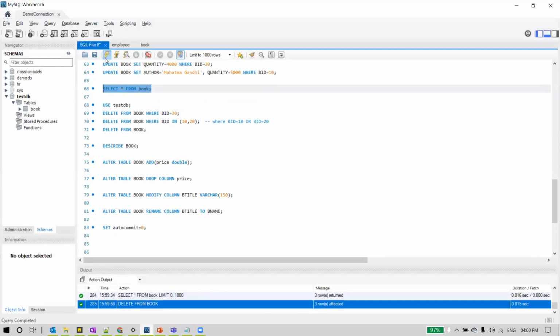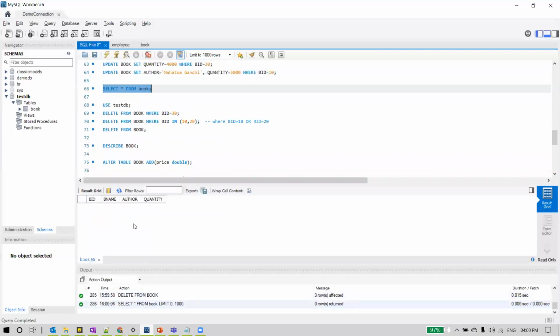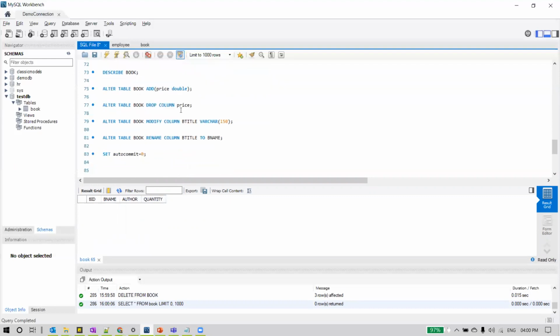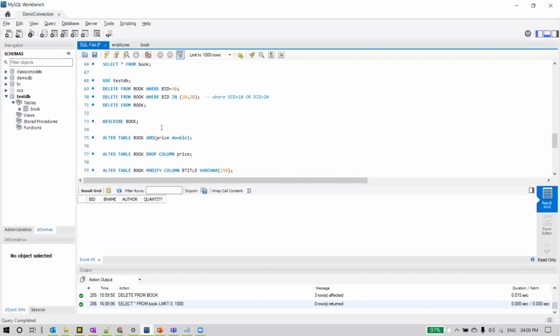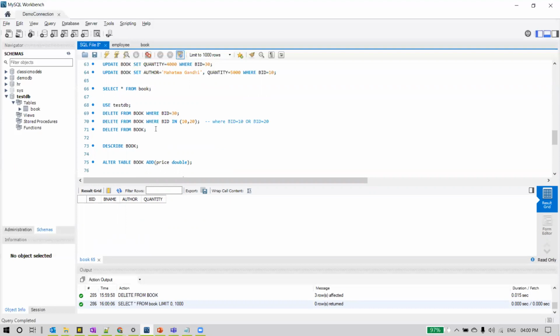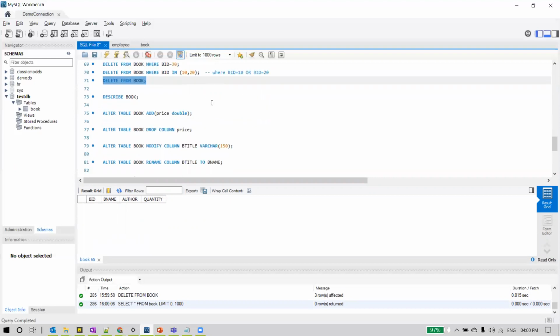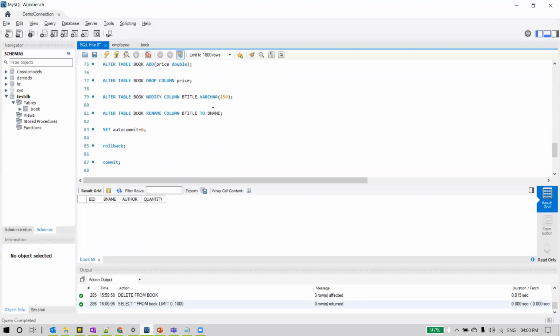And observe, I am doing select star from book, and you don't see any rows here. This is also fine. But you can't say that this transaction is committed onto the database. As we had auto commit equal to 0, the command we ran just now, deleting the rows from the book, is not yet completed and is not yet committed onto the database.